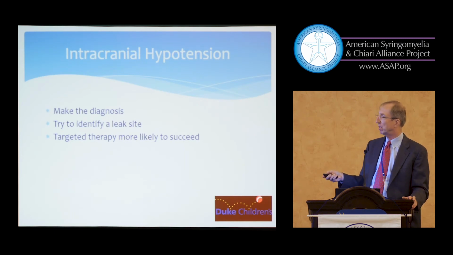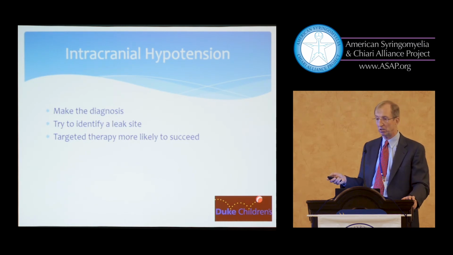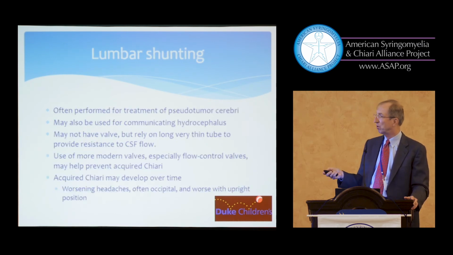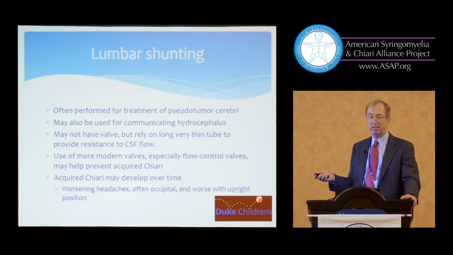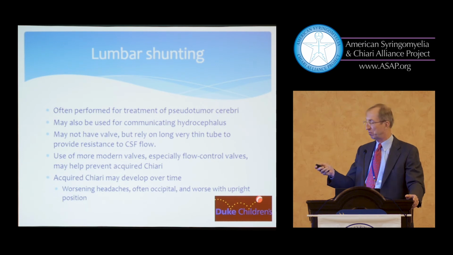So it's very important. Think about it, make the diagnosis, try to identify a leak site, and the targeted therapy is more likely to be successful than just shotgun therapy. Now we'll go to lumbar shunting, which is basically an iatrogenic CSF leak where you have a tube going to